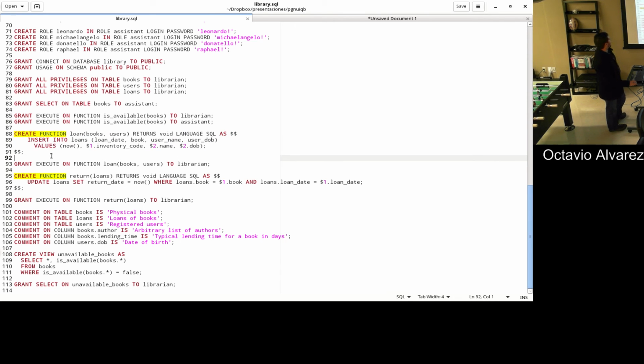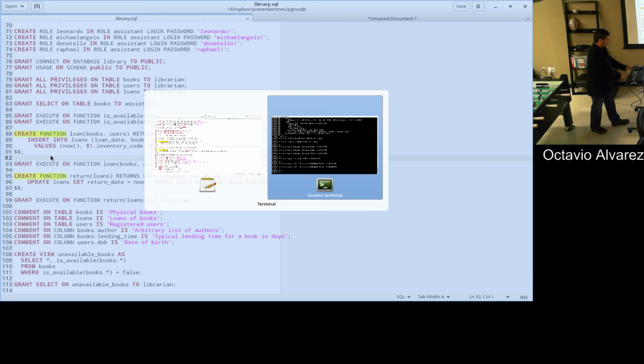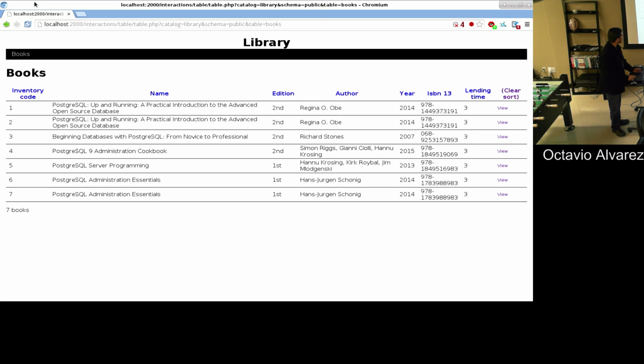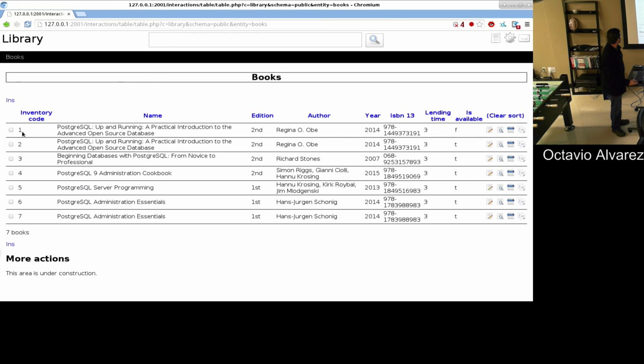Quickbread and Pgnui should be able to detect this and add it to the action catalog for both books and users. If you have here in the books table, granted you have the appropriate privileges, then you may have a toolbar called loan. Because you have two parameters, books and users, and you are selecting a book,